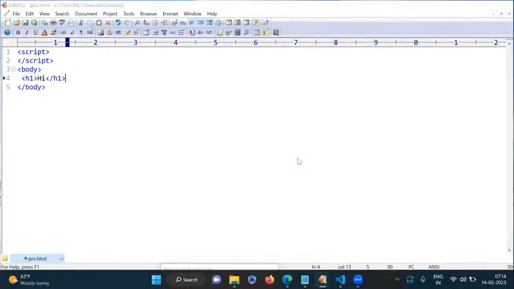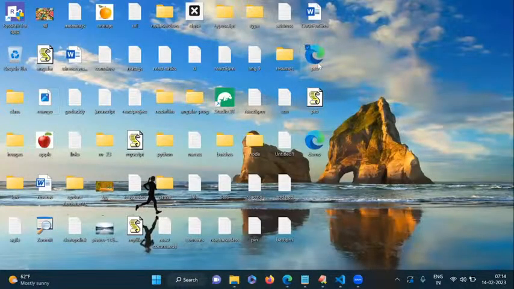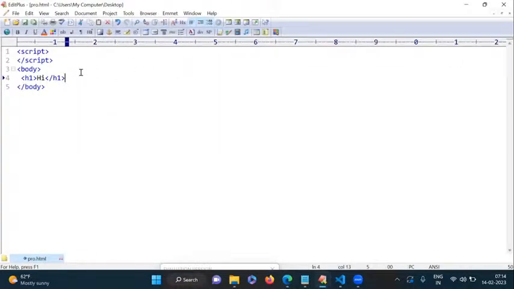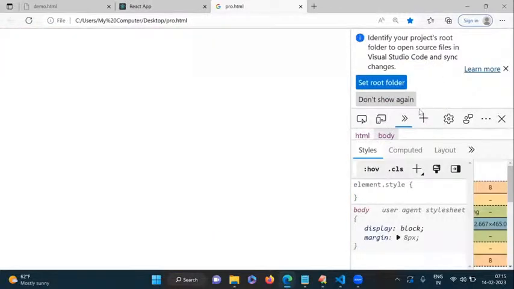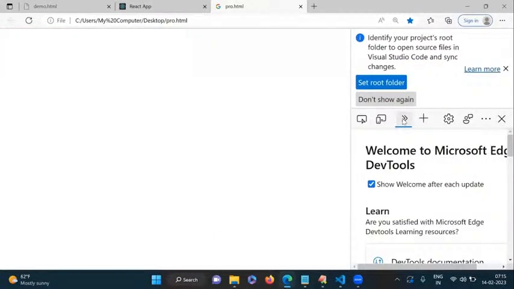So now save this program and run it. It displays the heading tag with the hi message. In case I keep this heading tag in this location, what happens? It raises an error message. Now refresh. So right click, go to inspect, and here